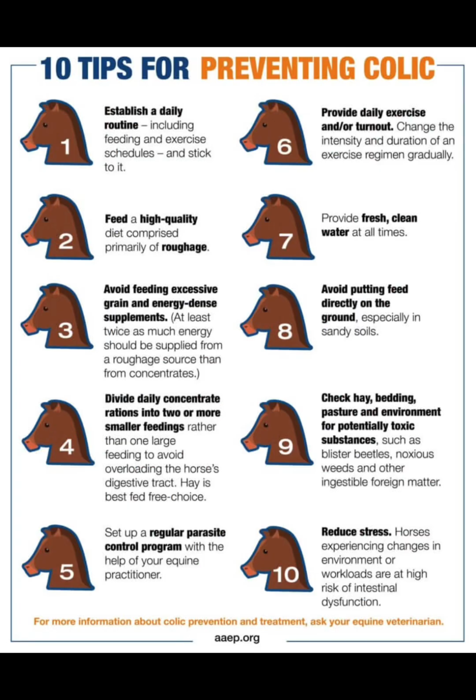Each colic is unique, so there are many different things you can do to prevent it in your equines. Check in with your vet first and set up a healthcare plan for your horse, especially if it is prone to colic. Always make sure you have fresh water for your horse, avoid feeding your horse hay in sandy areas,